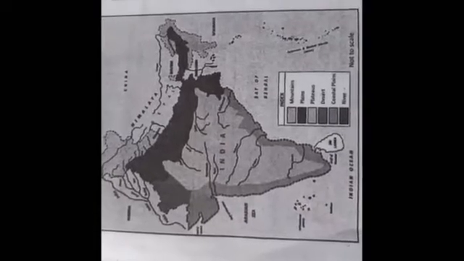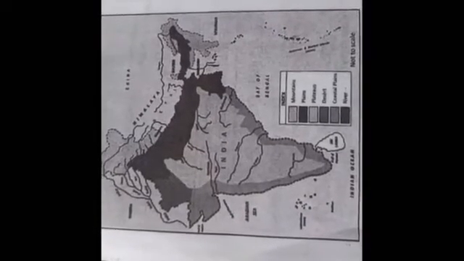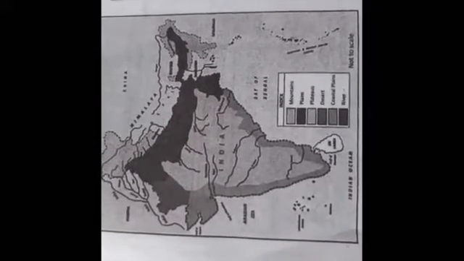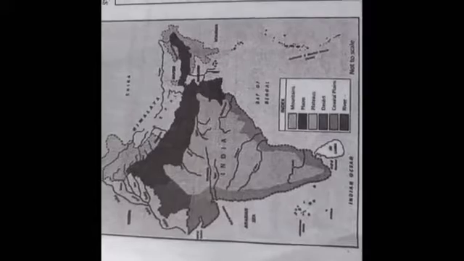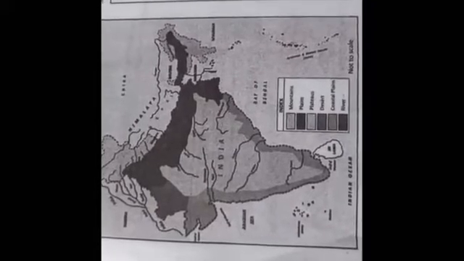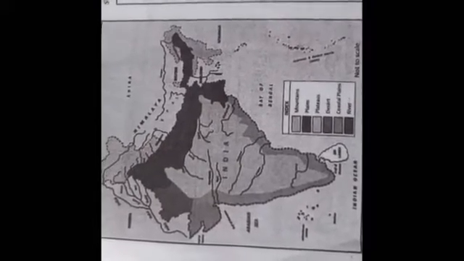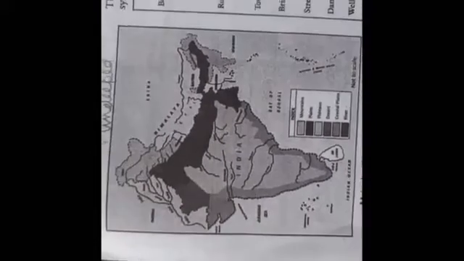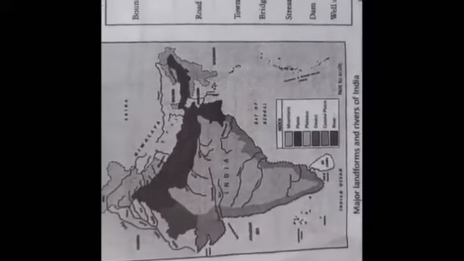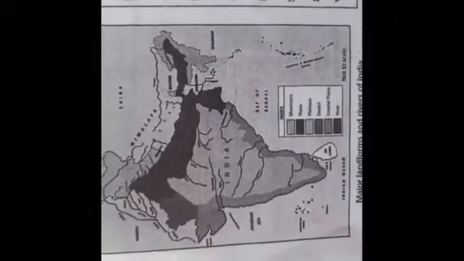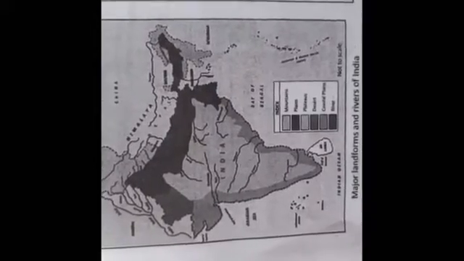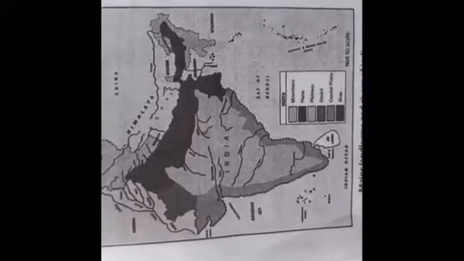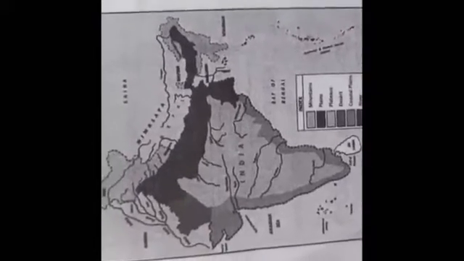Now the next one is colors on a map. Different colors are used to show various things on a map. Generally, maps follow a common scheme of colors. For example, on a physical map, water bodies such as oceans, seas, rivers, etc. are shown in blue. Plains and lowlands are shown in green. Agricultural lands are shown in yellow, and highlands are shown in orange and shaded brown.